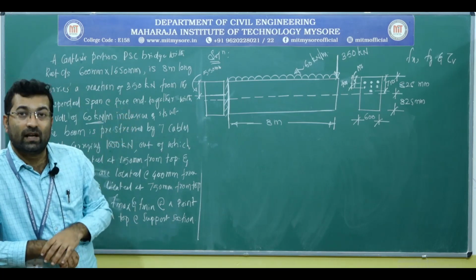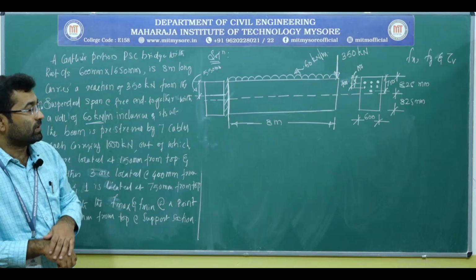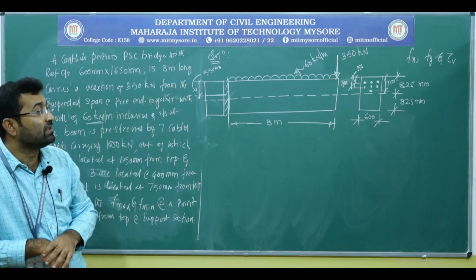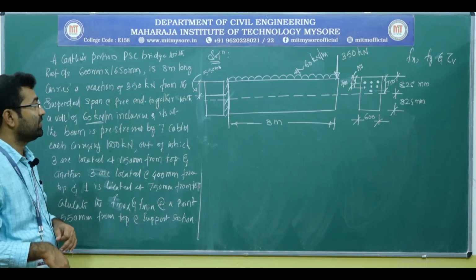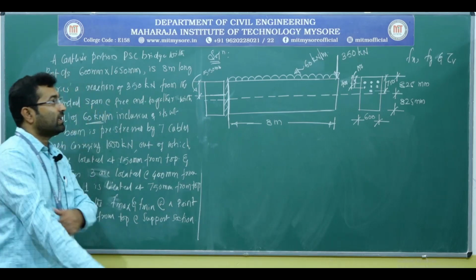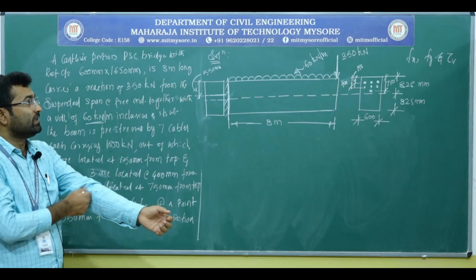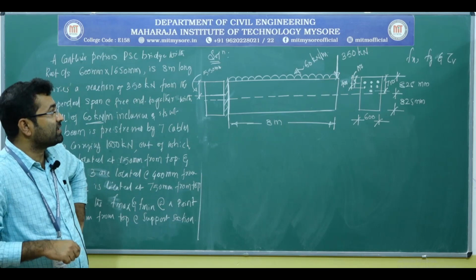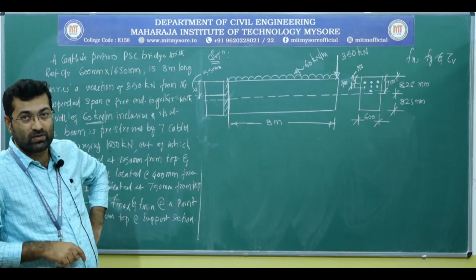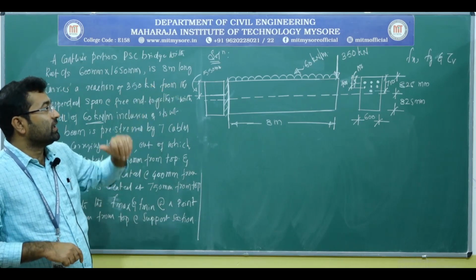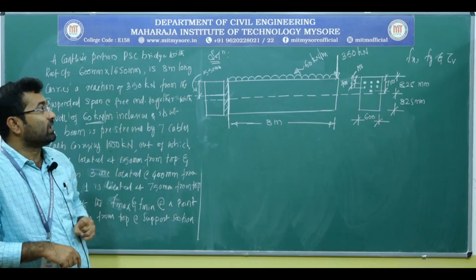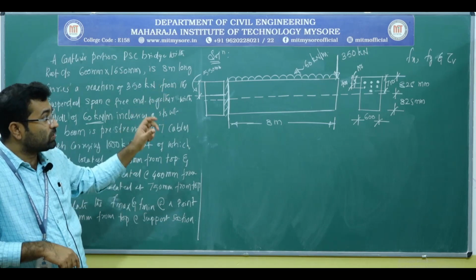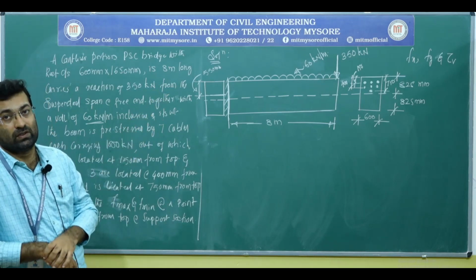So tau v we can calculate very easily without any problem, but whenever we are calculating the F of x, that is the stresses due to the direct pre-stress, it has to be calculated a little bit carefully, because apart from the pre-stressing force we have other loads, that is the external load and also the reactions from some other beam. So that also needs to be incorporated into the calculations.